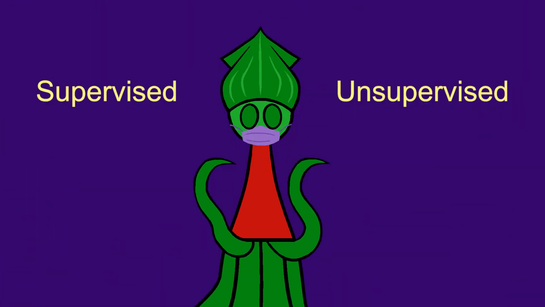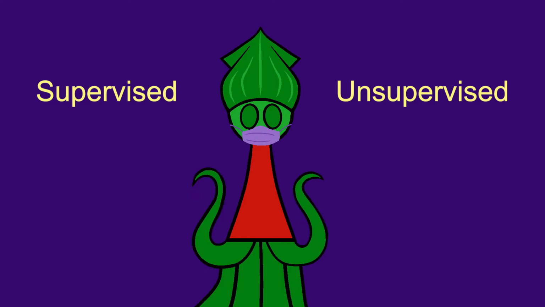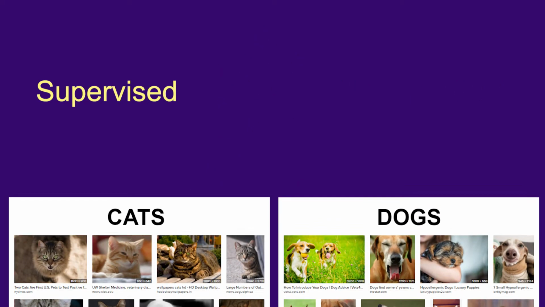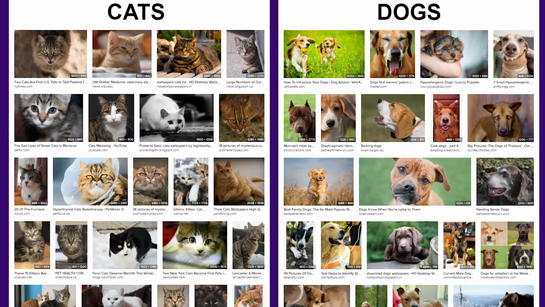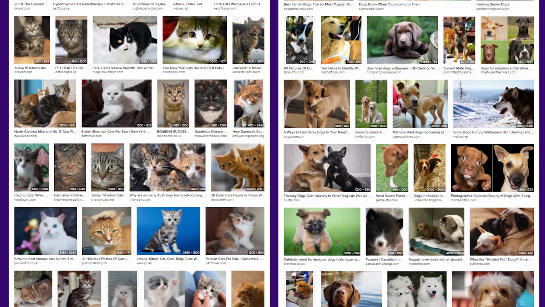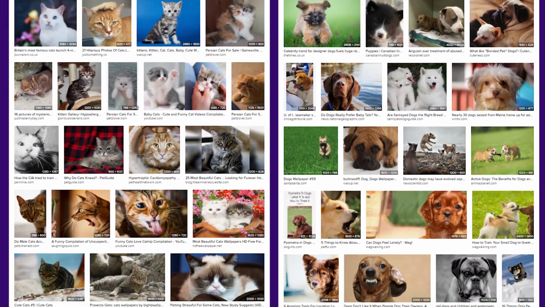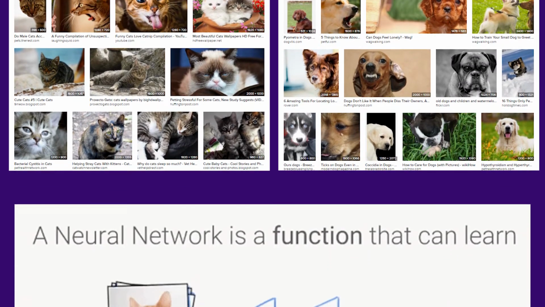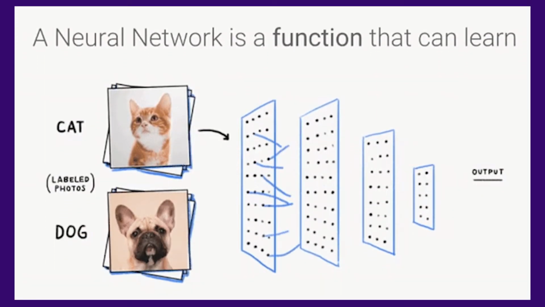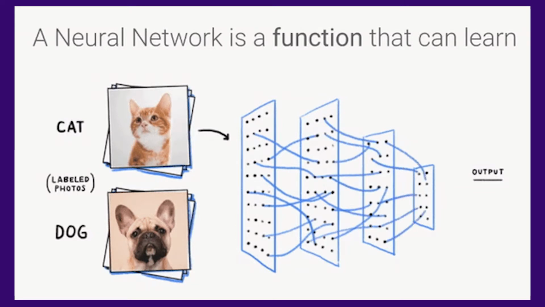Supervised and unsupervised are two kinds of machine learning algorithm. A supervised algorithm is given data which is labeled. The algorithm learns to guess the label given just the data. One example is a convolutional neural network which guesses if a picture is of a cat or a dog. There's a correct answer any human or squid should know.